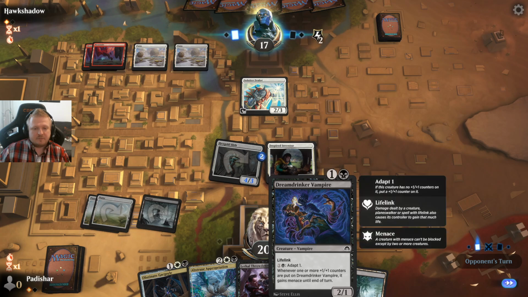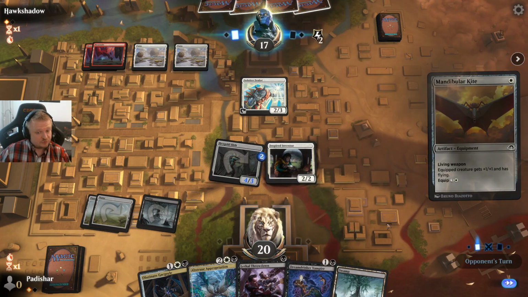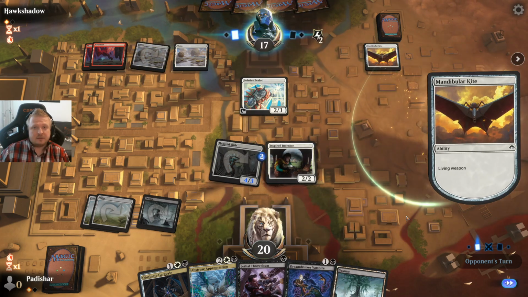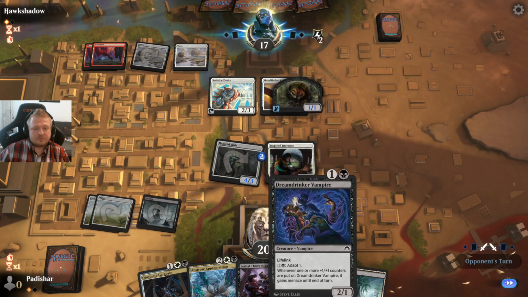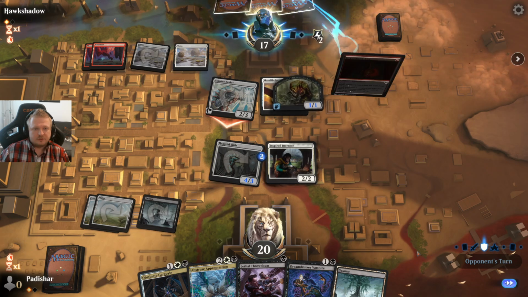Next turn I can just play the Vampire and adapt it if I want to, although you usually want to adapt it on your own turn actually. Right, there's a Kite, because you want to benefit from the menace. Okay, they are going to deal with